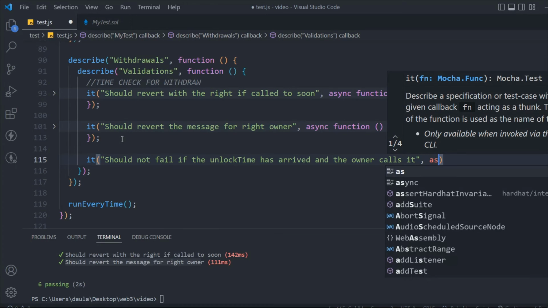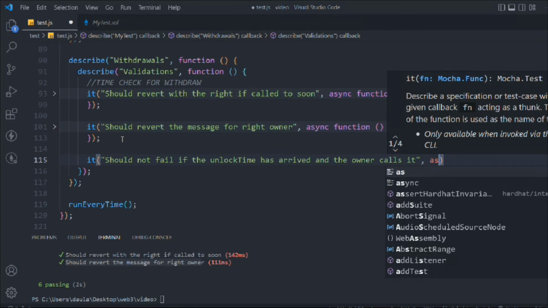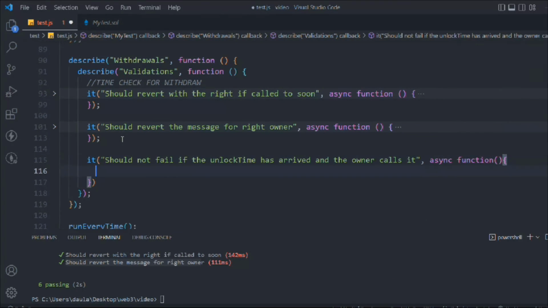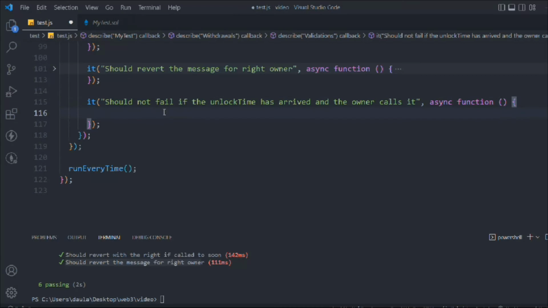In such a scenario I want to throw an error and not allow the owner to do the transaction. I want the time to be in the future, not the exact time. You could allow it, but I don't want that, I just want it in the future, not at the exact time. Again, an async function, and we're going to call this one